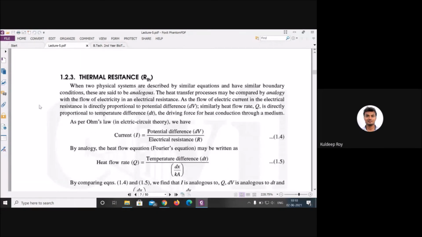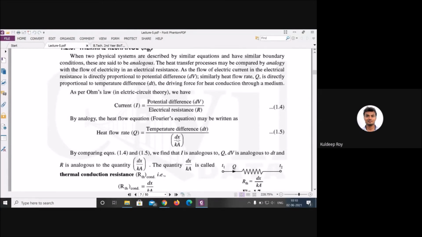Now this is the thermal resistance. Thermal resistance means there is some kind of resistive effect, like in a liquid there is a viscous force. It applies a resistive force from one layer of fluid to another layer of fluid, and here the resistance is called R. How do you define it? The temperature difference delta T divided by K A. This is your formula, and this particular term is the thermal resistance. It comes from Fourier's law of heat conduction.